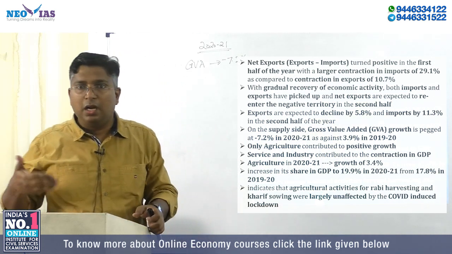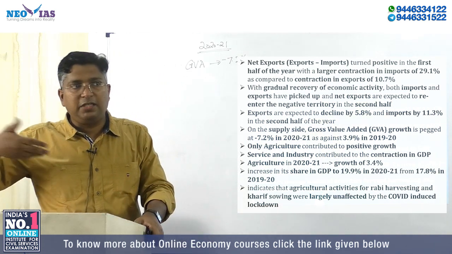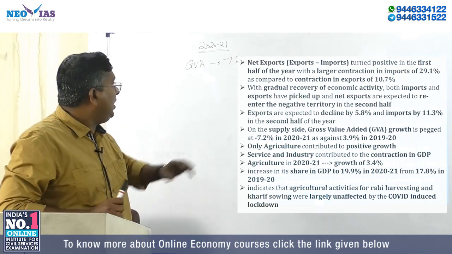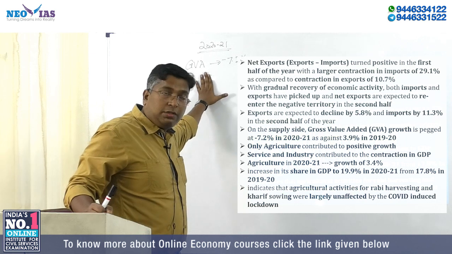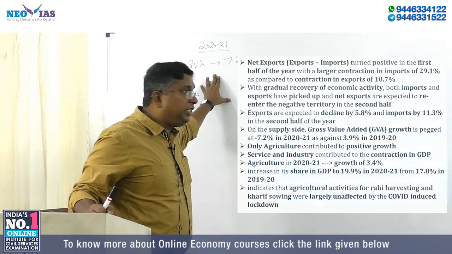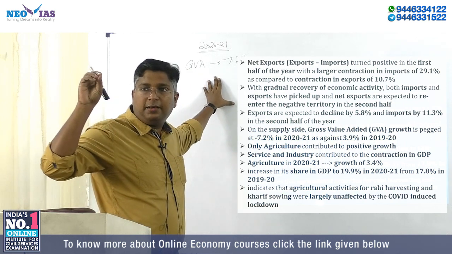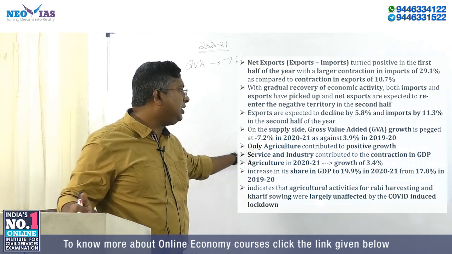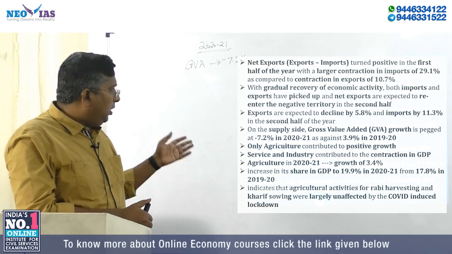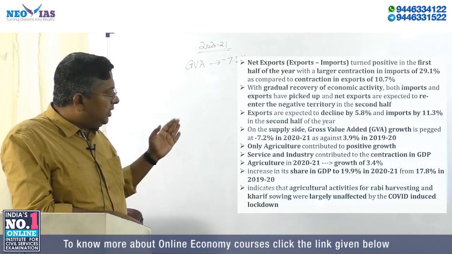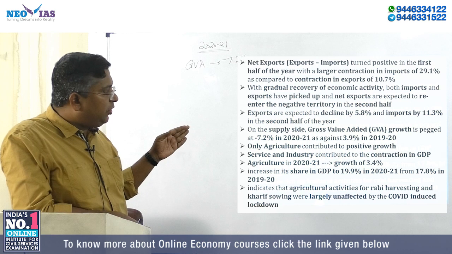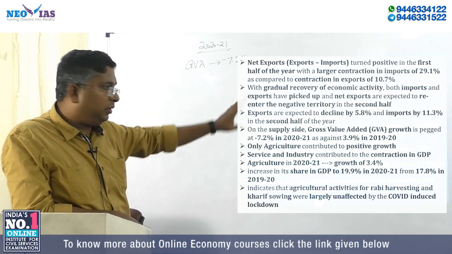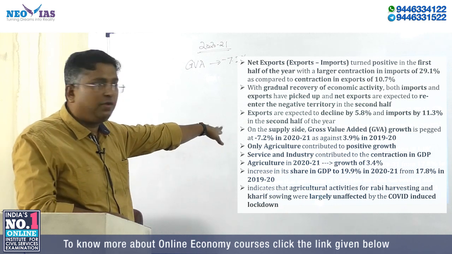You know that to the gross value added, the difference of taxes and subsidies is what we convert into GDP. We know that GDP growth contracted by 7.7%, and gross value added contracted by 7.2%. It's mentioned in the economic survey. In the year 1920, gross value added growth was 3.9, but again you have to revise it. That's not important. Just fix this 2021 figure.